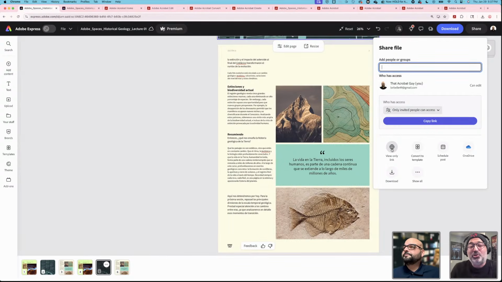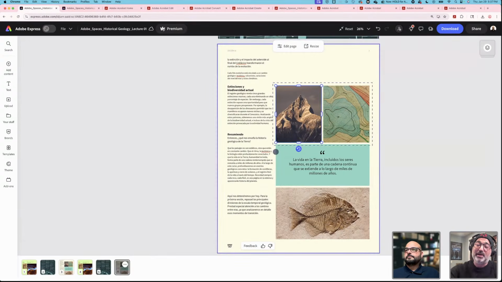One thing to keep in mind too is, Joe translated all the text, but because this is an Express file and it's in that Express editor, we can add other content to it. We can add images to it. We can make all of the modifications and tweaks. It's not just about editing text. It's really about redesigning that entire document. And so once we've done that redesign, not only could we share it out the way Joe's mentioning now,